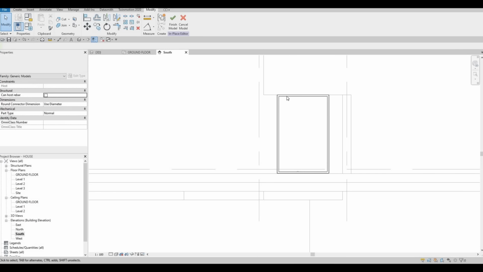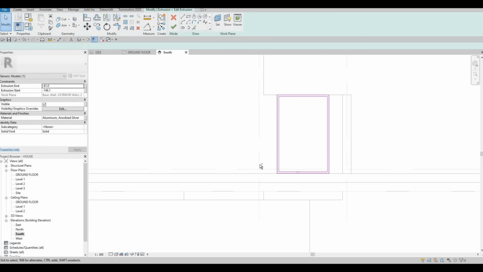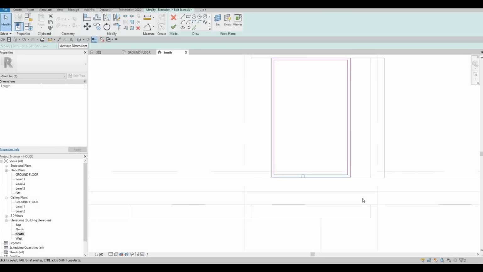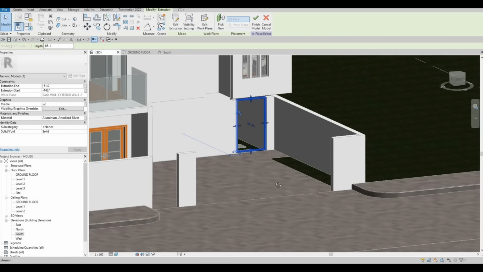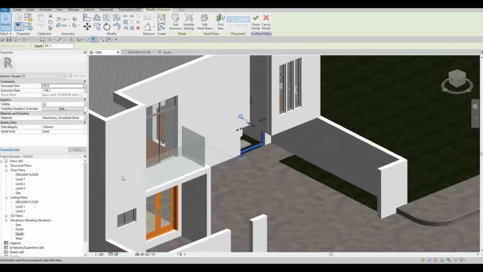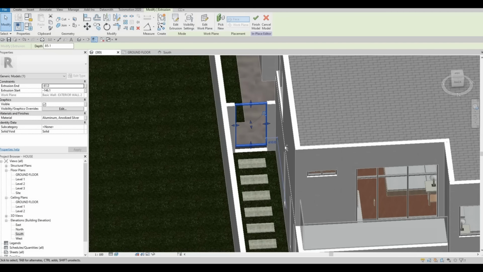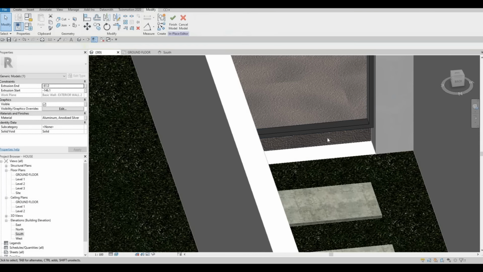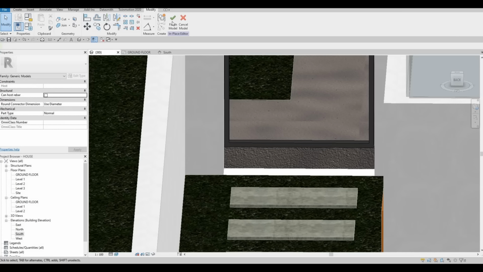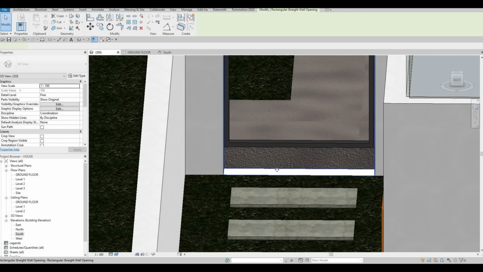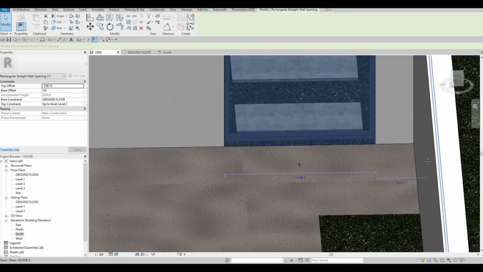So I'm gonna lower this. I'm going to edit the extrusion and then pull it down a little bit more, something like this, and then nudge it a little bit. I think that's good enough, and we have some gap here that we need to take care of as well. So I'm gonna click on finish, and then here we have